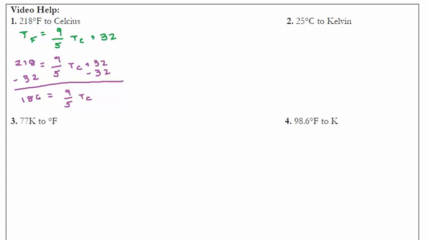And so what I'll need to do now is multiply by the reciprocal. So I'm going to multiply both sides by 5/9. Cancel out that, so I just have Tc by itself. You could also just multiply by 5 and then divide by 9. It's the exact same thing. And what you get is that Tc equals